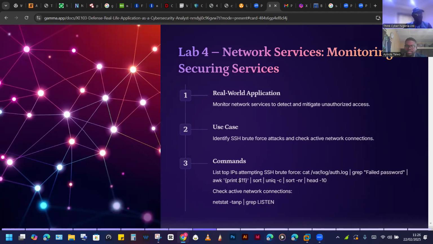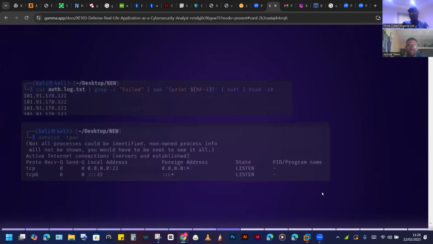The first command is asking us to grep the failed password, and it's going to print out the IP address of the user that has multiple failed password attempts. So when we use that command,